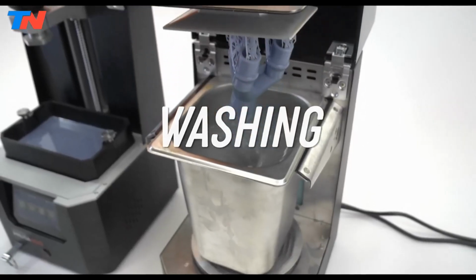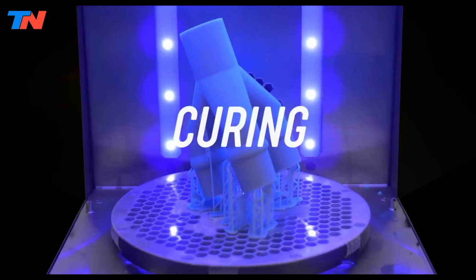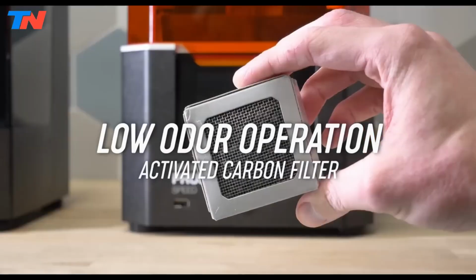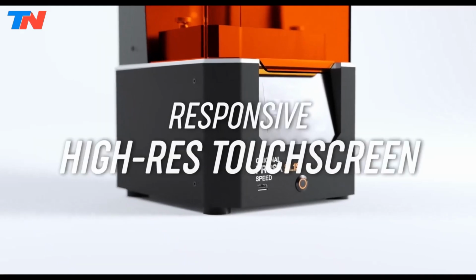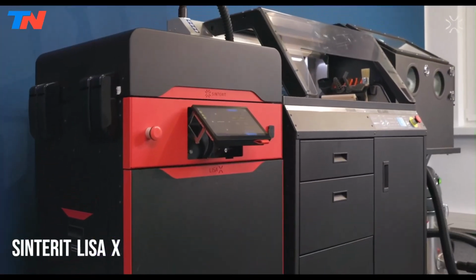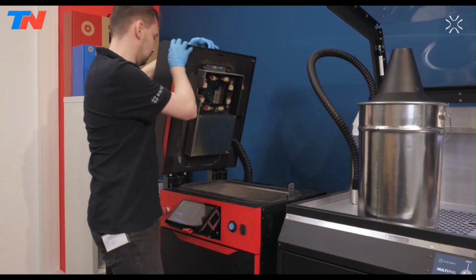metal components. Supported by Prusa's excellent customer service and active community, the SL1S stands out as a smart, dependable choice for serious makers and professionals seeking precision and quality in resin-based metal applications. The Sinterit Lisa X is a high-speed selective laser sintering printer that now supports true metal printing with its metal